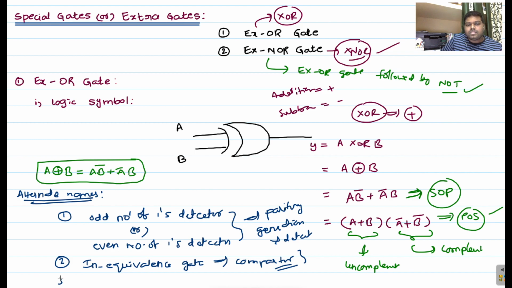And the third name is staircase switch. Based on a variety of applications, we use different types of names. Of these, these three names are very important. So this is about the XOR gate. We have applications: these circuits are used in comparator circuit implementation and parity generation and detection circuits also. Those two are applications, otherwise I will mention in the next page.